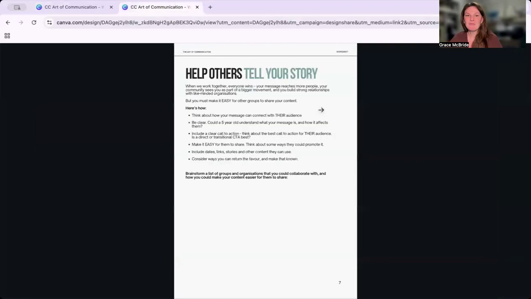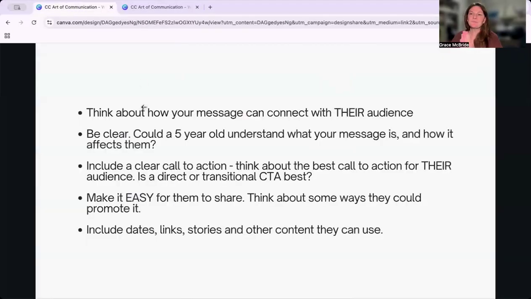If you jump into your worksheet, I've got this here for you. What I mean by helping others share your content is that there will be other community groups, other businesses, other Facebook groups, all types of people, organizations, brands and businesses that can help promote your organization too.